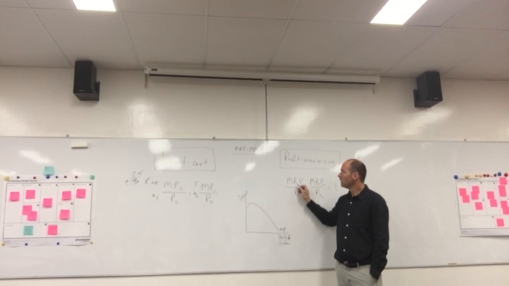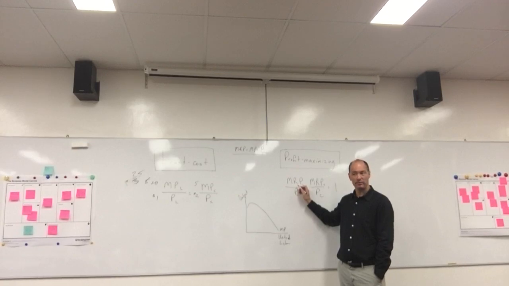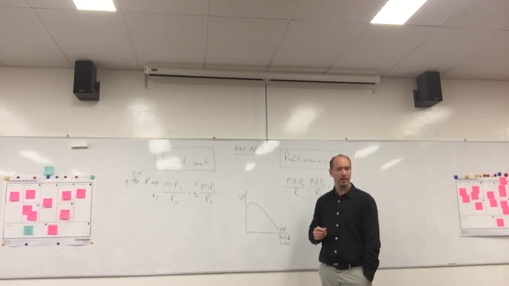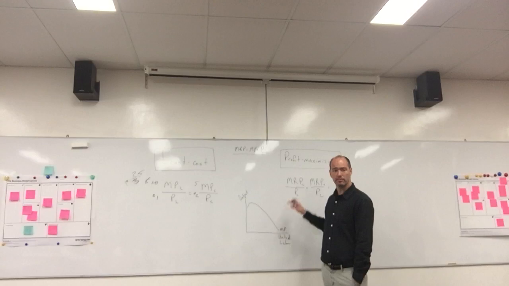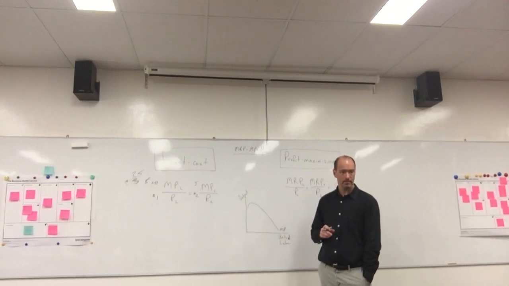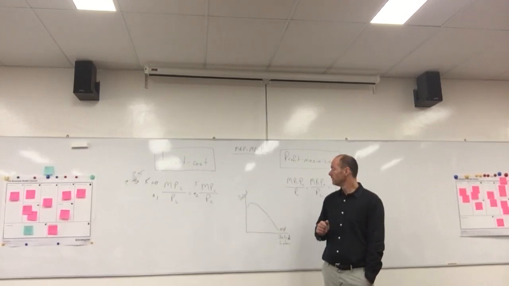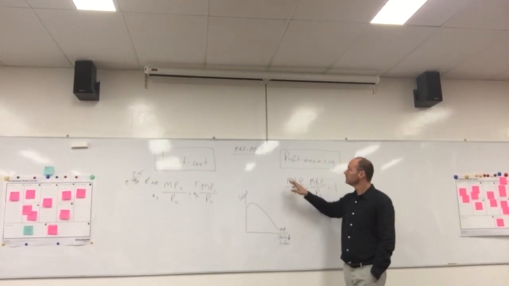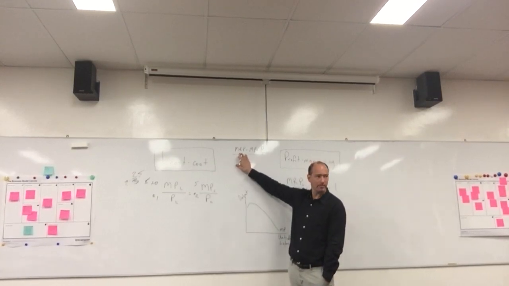Now in ManQ, marginal revenue product is expressed as the value of the marginal product. It's the same thing, VMP and MRP. You need to know that. VMP, the value of the marginal product, and the marginal revenue product mean the same thing. Now, the price of these goods, I'll come back to this in a second. So just know that the marginal revenue product, the amount of extra revenue you get from hiring a worker,